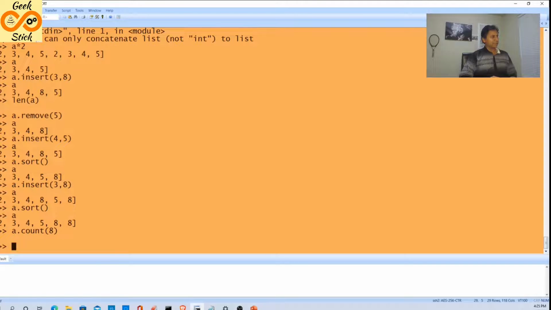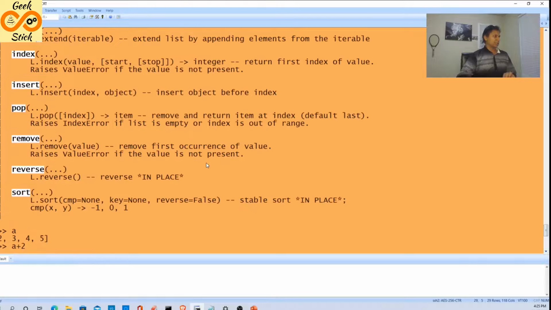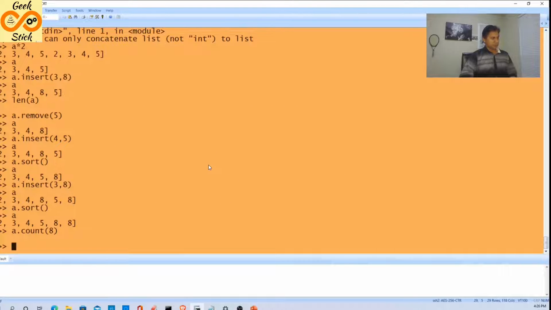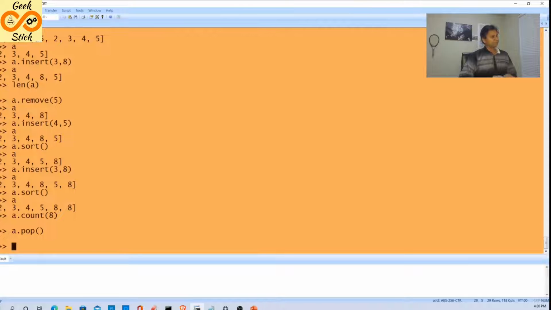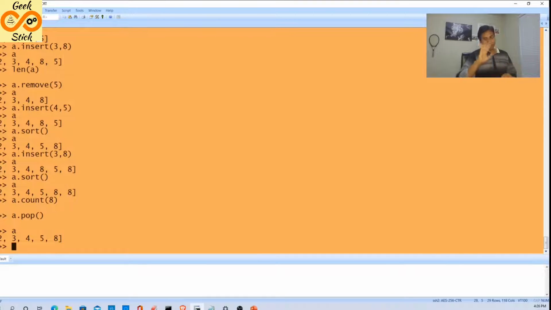Length we have seen. Then what else? Pop, remove we have already seen. A dot pop, 8 came. So what is left in A? Pop means it will completely remove that particular value from the list, so the size or length of the list will be modified.